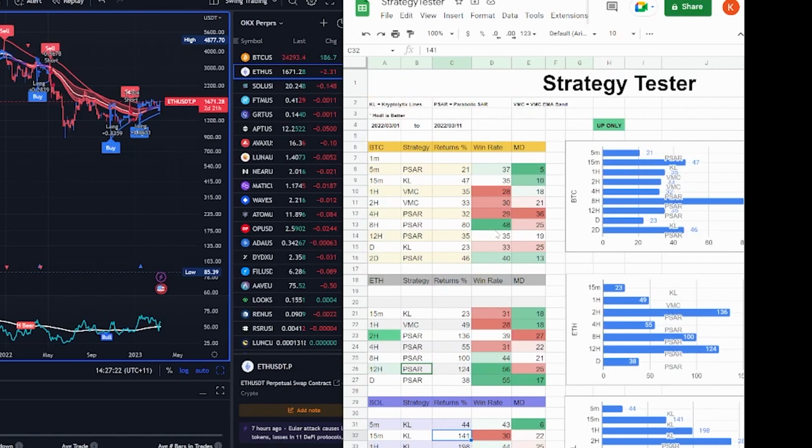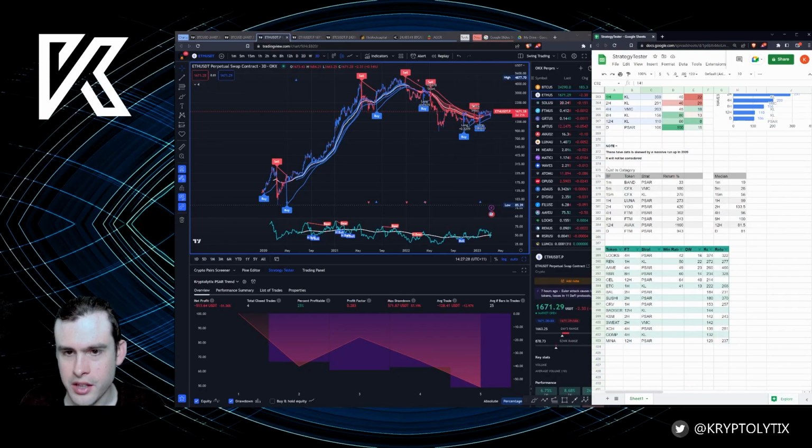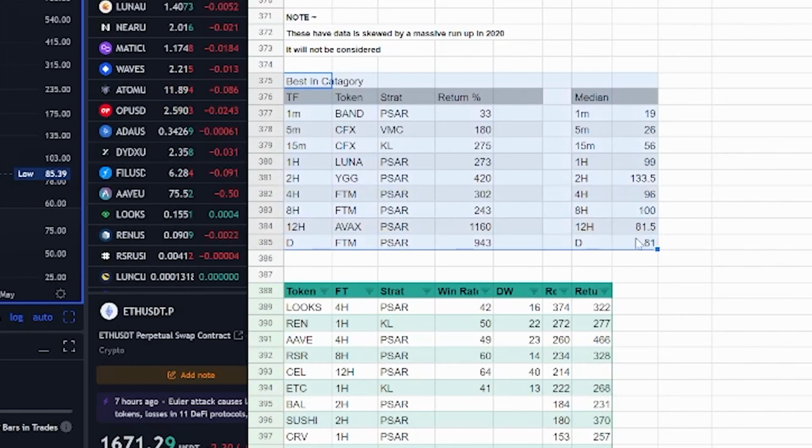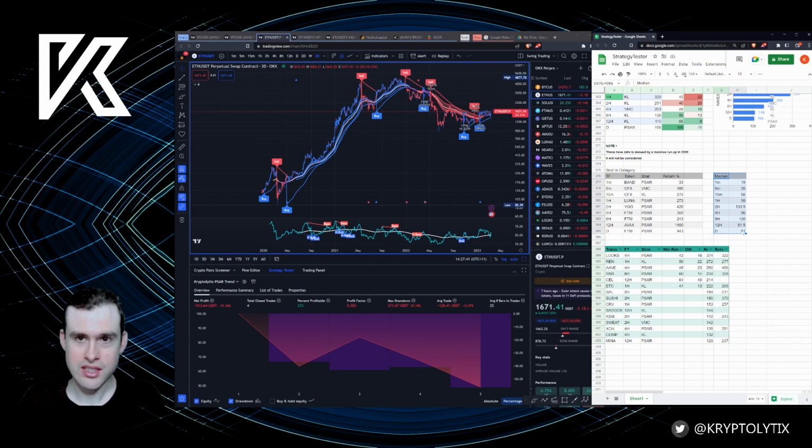So hopefully that makes sense now. And I've got this little lookup table down the bottom that's like best in category, and then the median. So the median is basically, there's no point in using an average because average takes into consideration the count of the numbers. What a median does is it just finds the middle point of a data set, the middle number of any given data set, regardless of the count. So that's why we're using medians to calculate this.